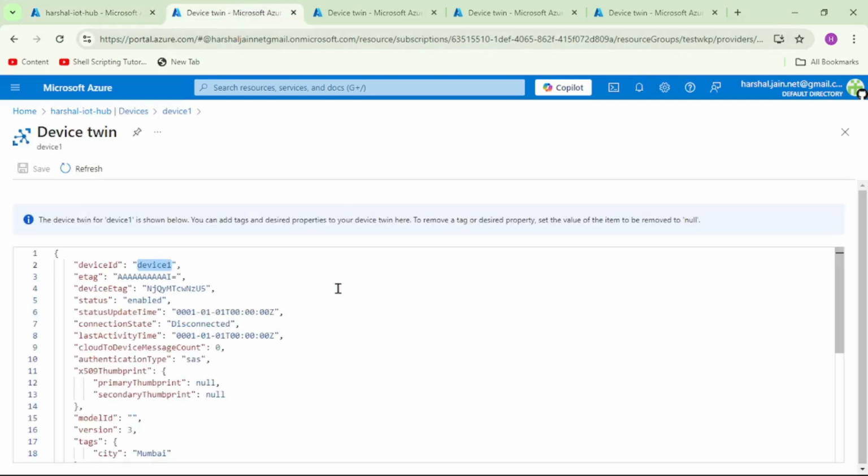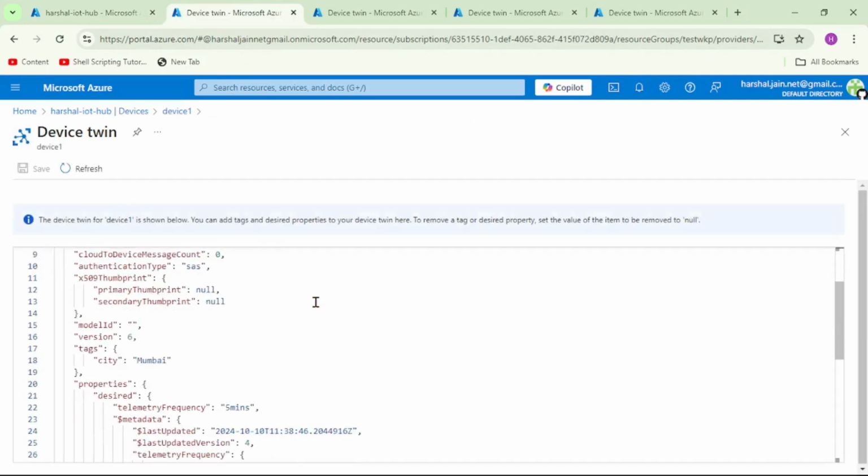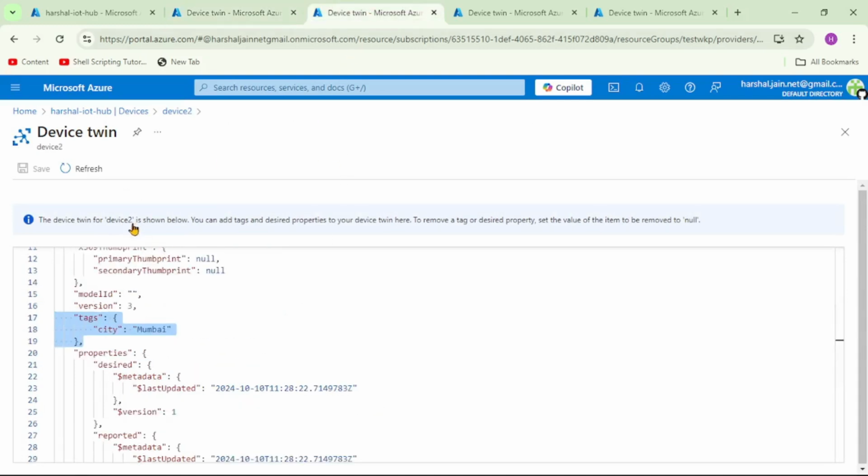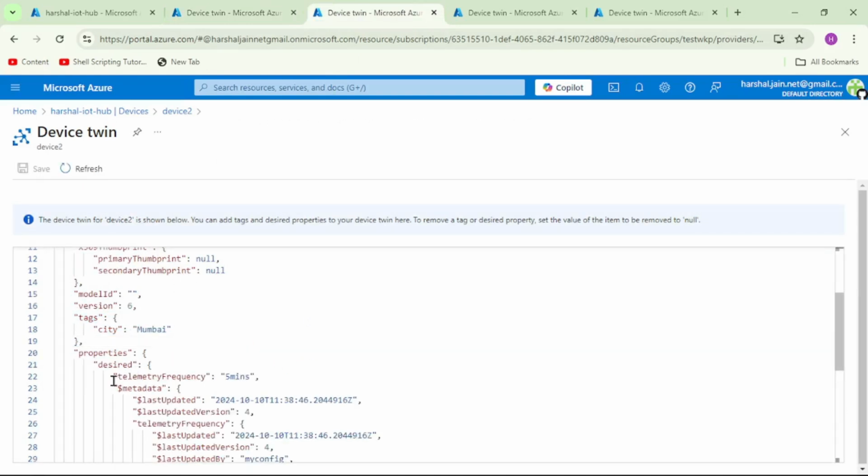This was our device 1. Let me simply say refresh, and if I go down, see this desired property, it's been added. Again, this is our device 2 which has city Mumbai. Let me again say refresh, and again you can see this desired property has been added.